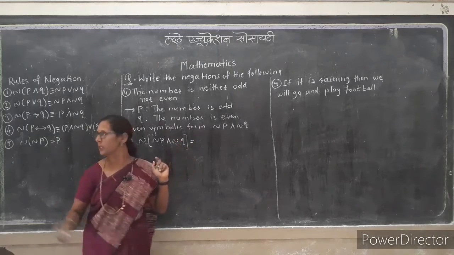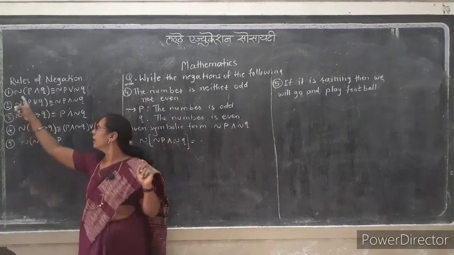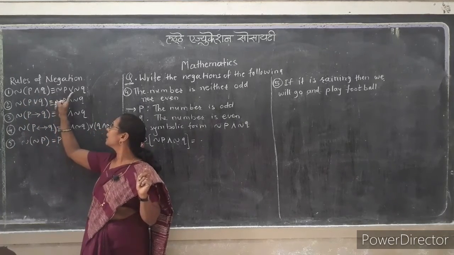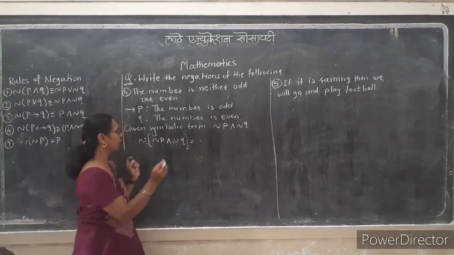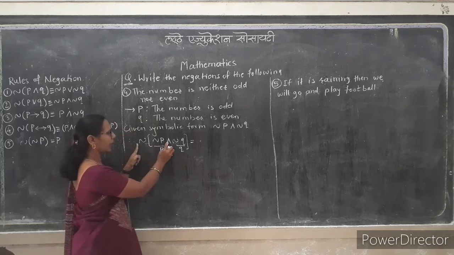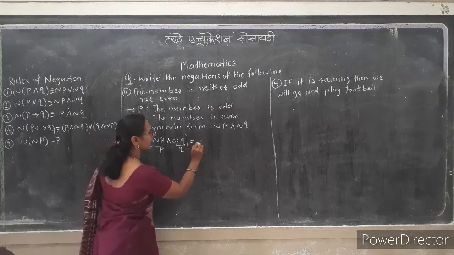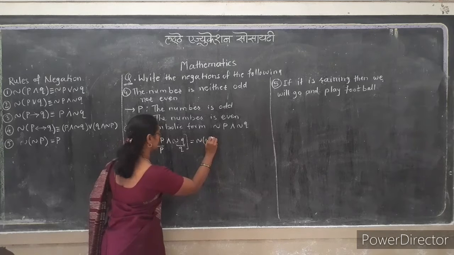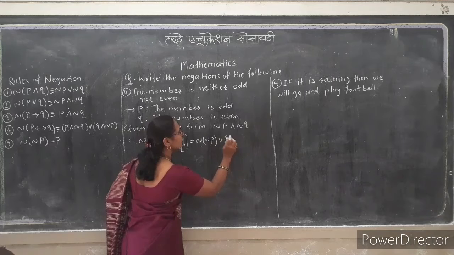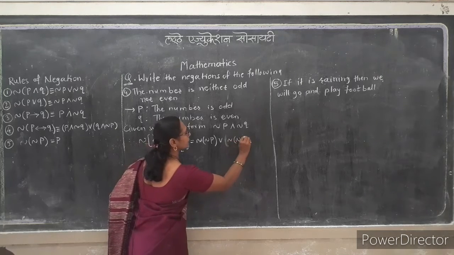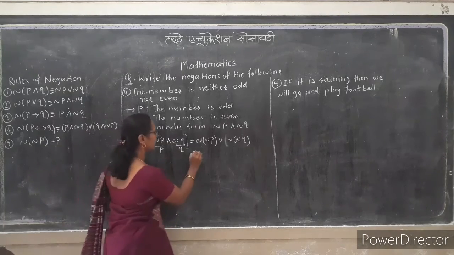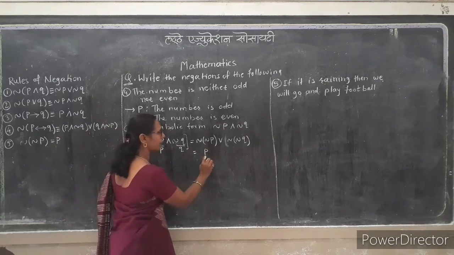Again we use this first result. Negation of P conjunction Q is logically equivalent to negation P disjunction negation Q. This is only P, suppose this is only Q. Negation of P and Q; then negation is negation P, and is replaced by or, negation Q. Negation of negation P is P.